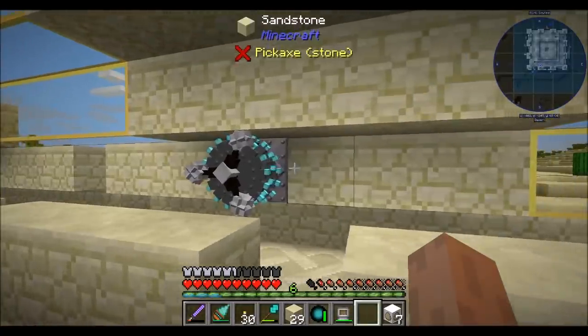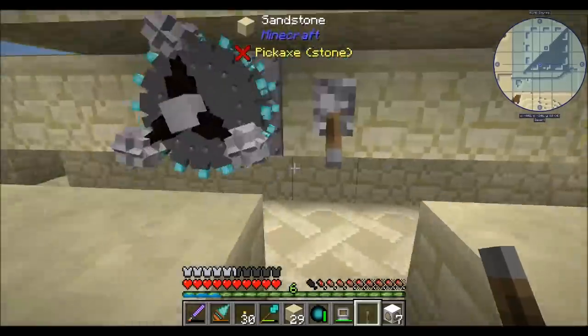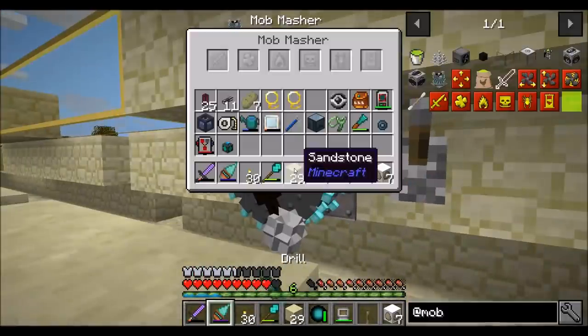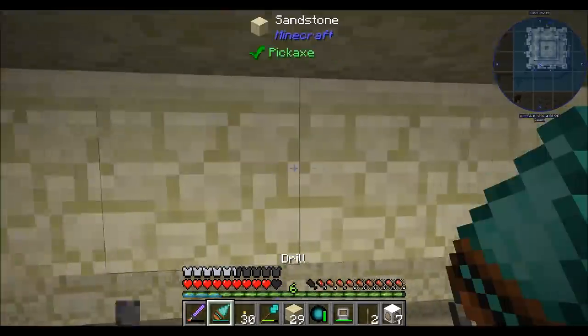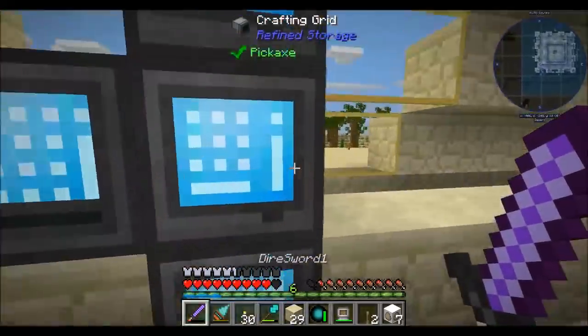The mob masher is pretty straightforward. You stick it on a wall. It's got a fancy texture. You give it a redstone signal, and it mashes mobs. And it hurts. Ow. But it also has upgrade slots, which come in pretty handy. One of the upgrades we're going to want to look at doing